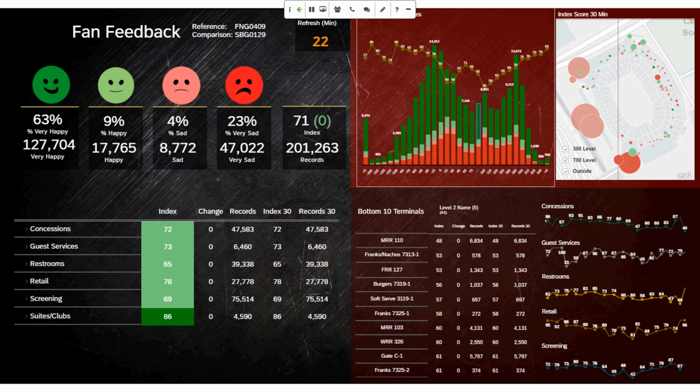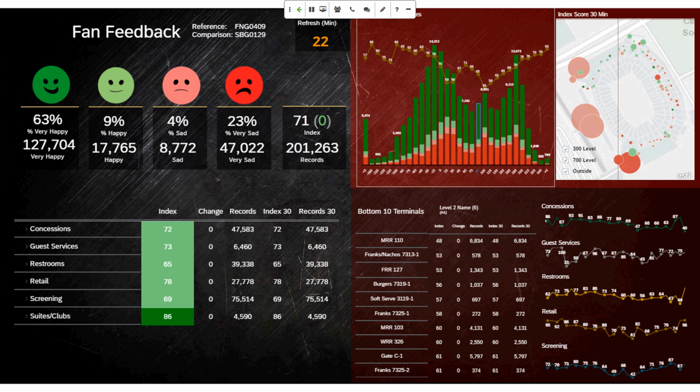Another dive into the fan feedback dashboard. Again, this is directly correlated to the buttons on the Happy or Not terminal. Happy or Not is a wonderful organization that partners with a variety of building operators and venues. It enables you to deploy these terminals. Again, they connect to Wi-Fi, so we need to have that infrastructure in the stadium deployed. But we can now deploy these fan feedback terminals and get to understand how people are feeling about their experience